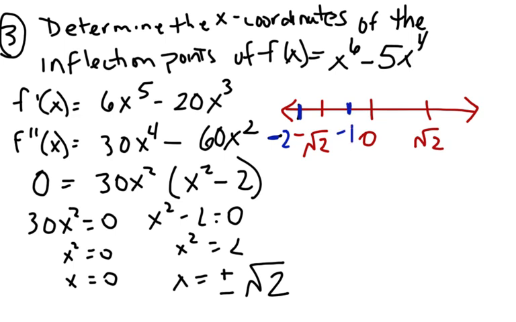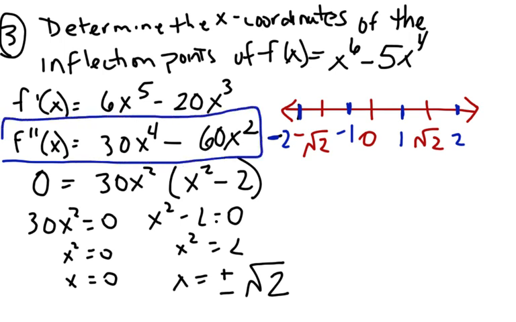Negative 1 lies between negative square root of 2 and 0. 1 lies between 0 and the square root of 2. And 2 is a number greater than the square root of 2. So I'm going to sub in these 4 values into my second derivative equation here to find out if it